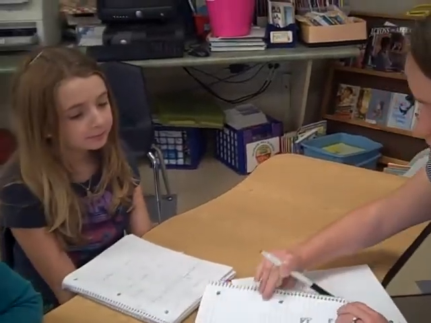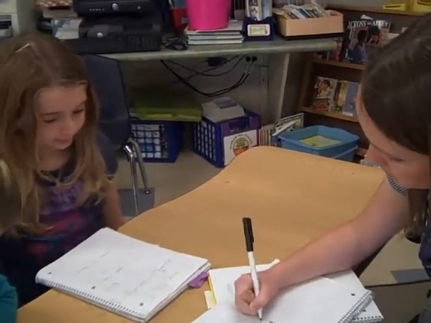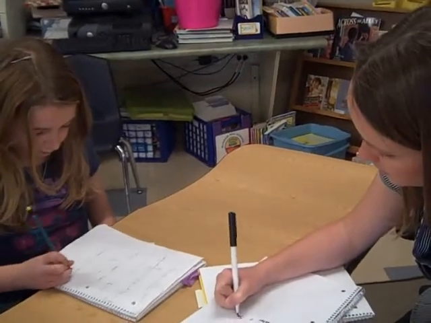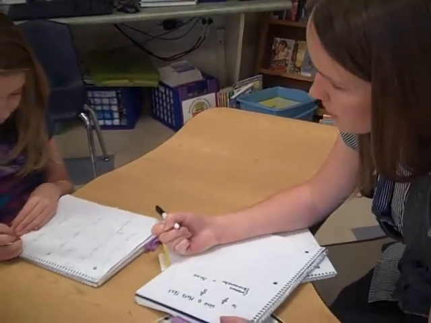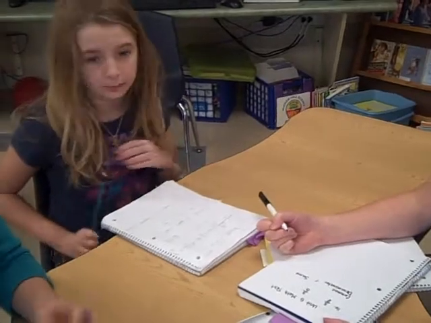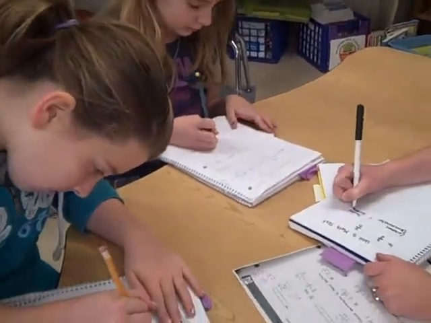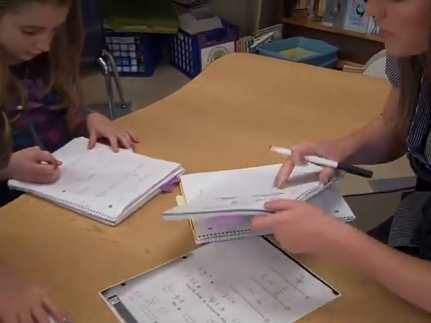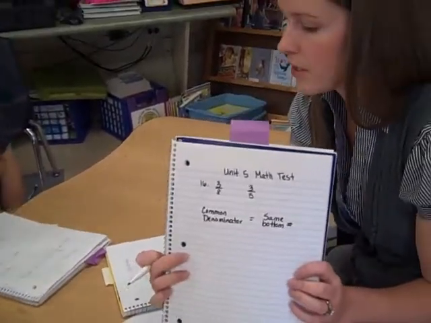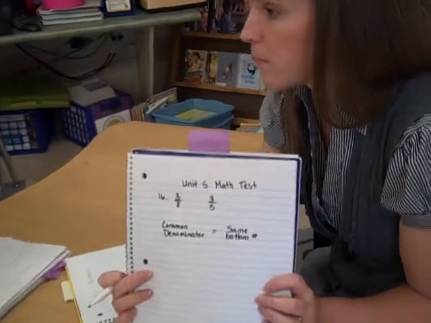Like or same. So let's put that part. So common denominator equals same. And what is denominator? The bottom of the fraction. Yep. Same bottom number. So for problems that are asking common denominator, we're just looking to make the bottom numbers